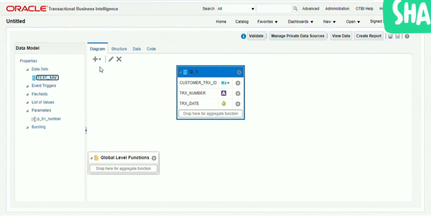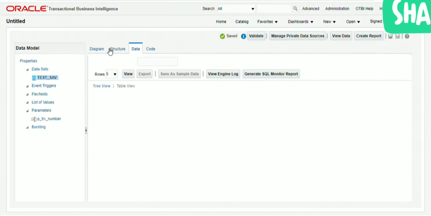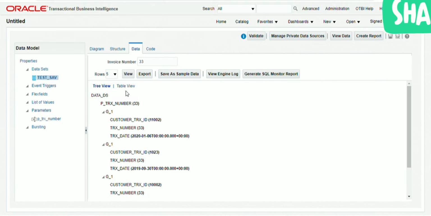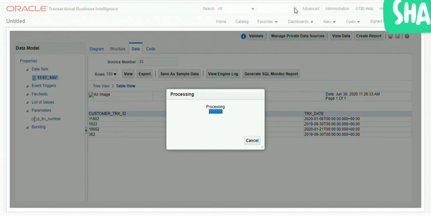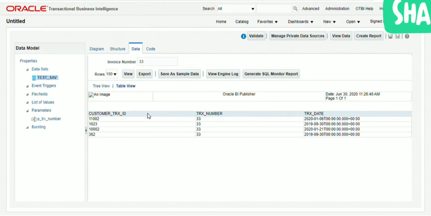It is a form field, we just need to enter the parameter value and we will get the data. But the client won't be remembering all the data, and it will be difficult for even the client to find the particular invoice number and enter it. Entering it is not desirable. See, I got the data for invoice number 33. Yeah, so we have 4 records for 33, but generally it is not the case.